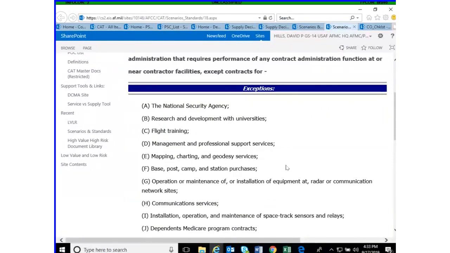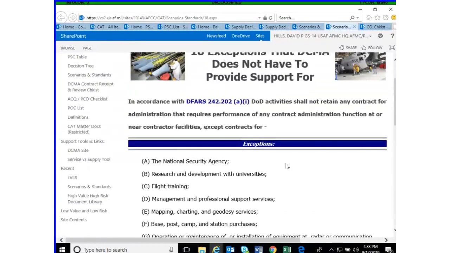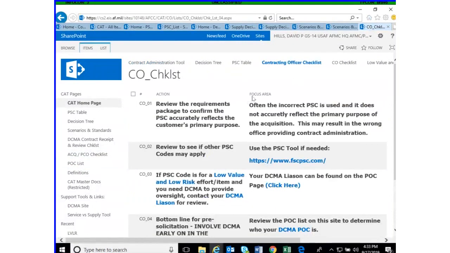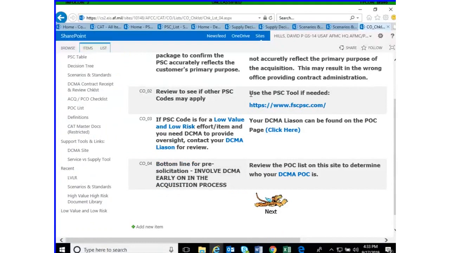However, there are a few exceptions to that, one being simulator operations, whether it be aircraft or missiles, simulator operations on the military installations. DCMA typically will provide oversight for that. If in doubt, over on the left toolbar, look at the POC list and contact your DCMA rep and ask for advice. Lastly, by clicking on to the checklist, there are several items in the checklist to help you determine whether or not you're on the right path,